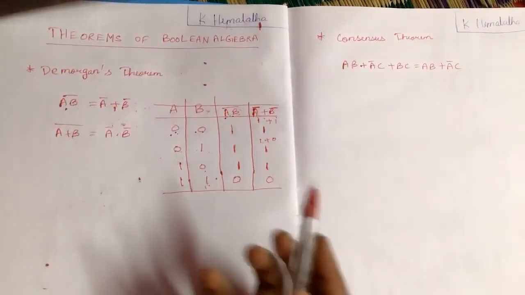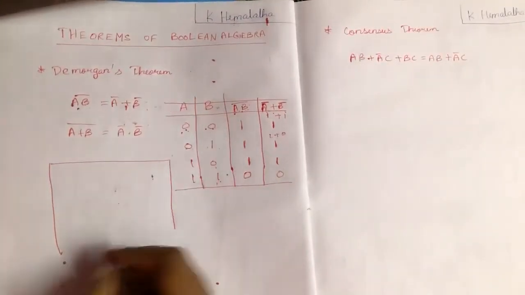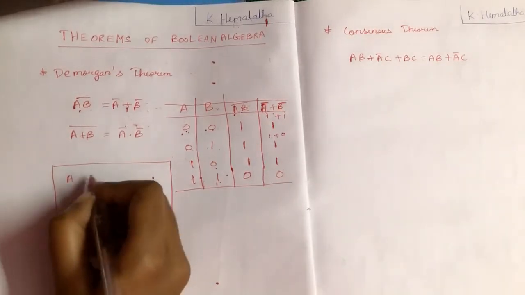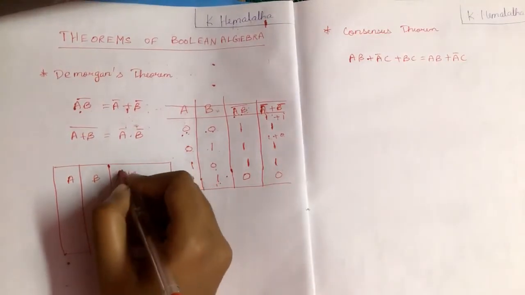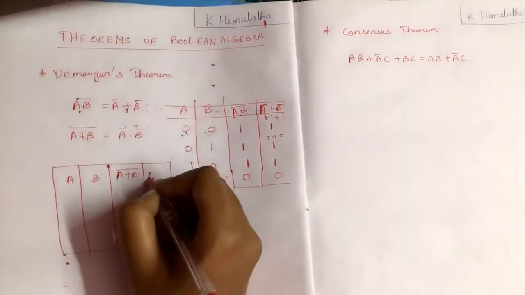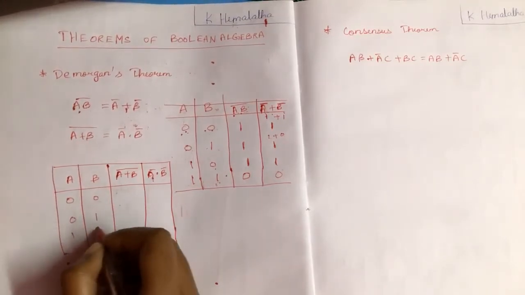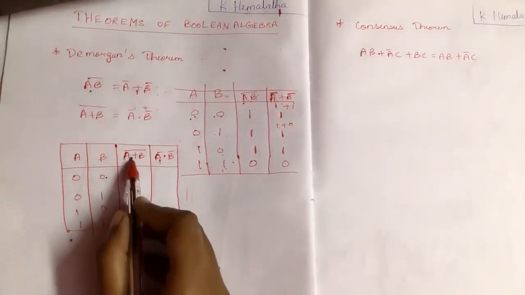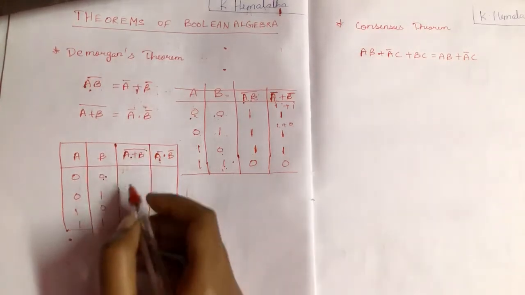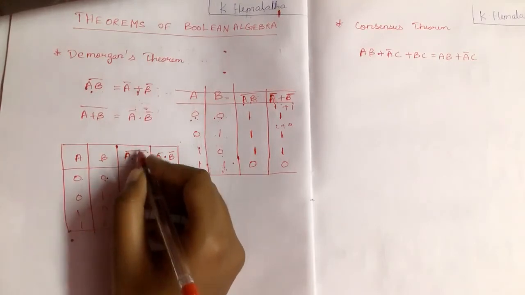For the second rule also, we are going to draw a truth table. Same way, we take the four combinations of A and B. Then (A plus B) the whole bar, and A bar product of B bar. Same way we take the four combinations 0 0, 0 1, 1 0 and 1 1. Now we apply into this formula: 0 plus 0 the whole bar, what will we get? 0 plus 0 gives 0, and the complement of 0 is 1.